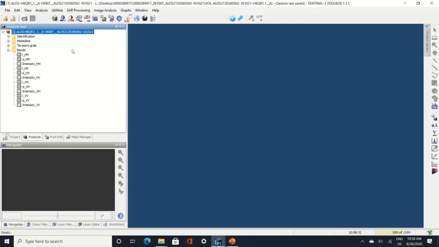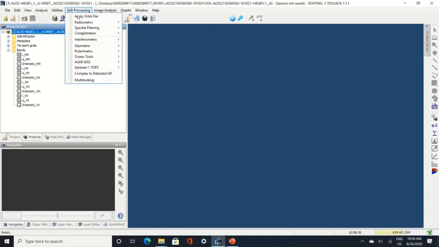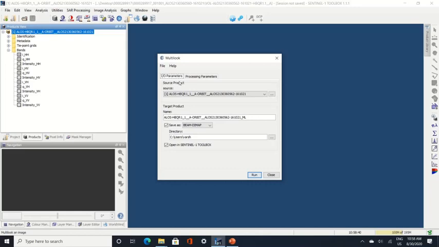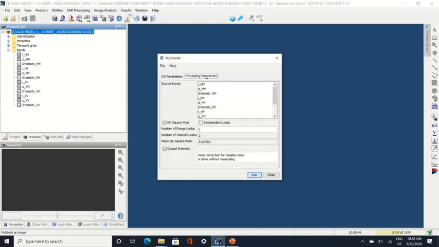Now we have to compute the multi-look factor. Click on SAR Processing, and in that select Multilooking. In the Processing Parameters tab you will find the number of range looks and the number of azimuth looks. You have to note down these two things.